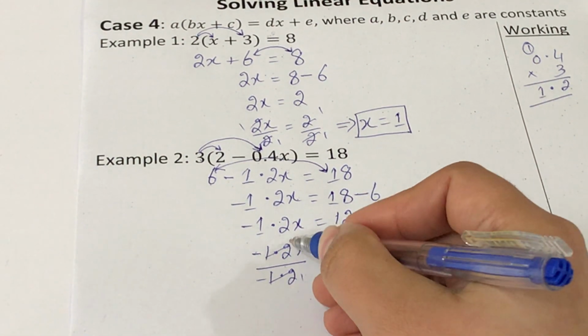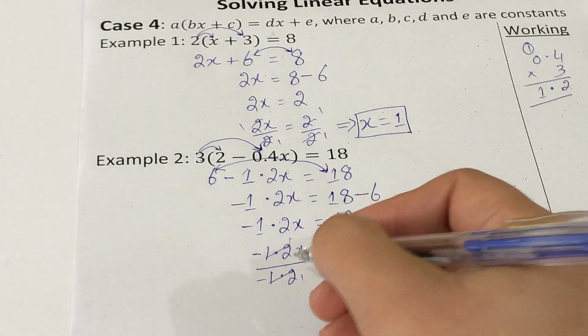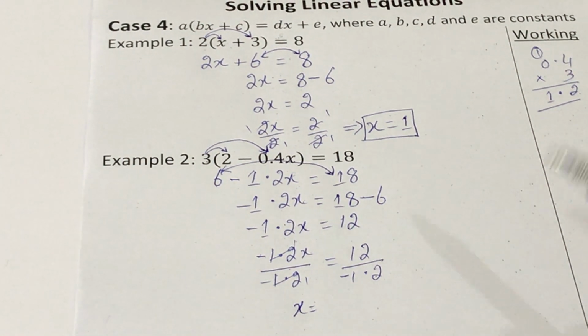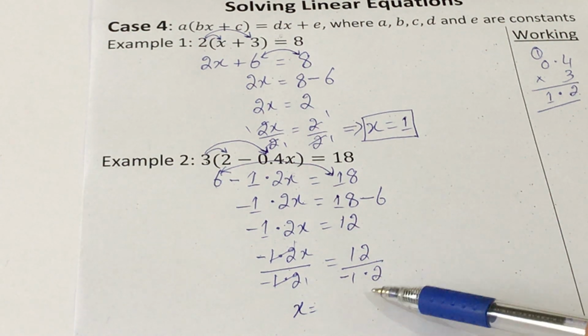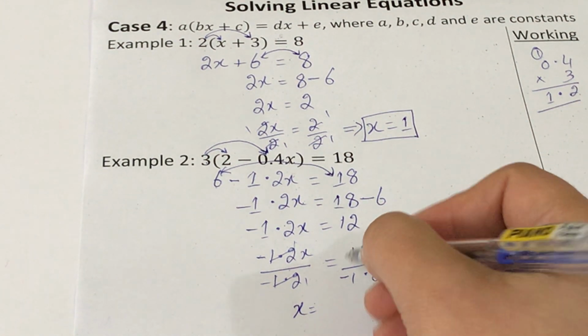1.2 will be eliminated, right? We will be left here with x only. How to divide a whole number by a decimal number? You have two ways to do this. I will explain both the methods. First thing,